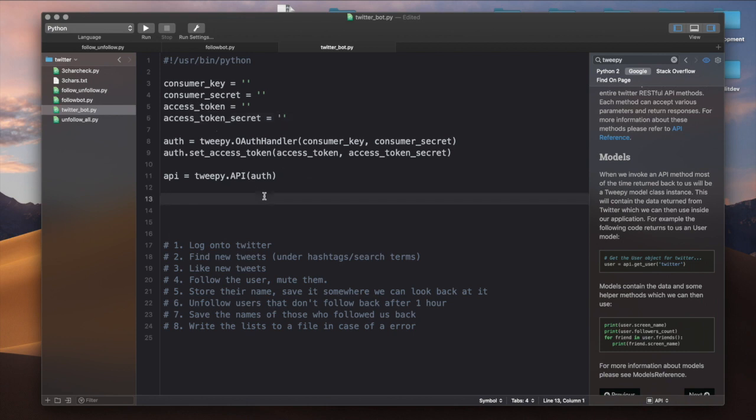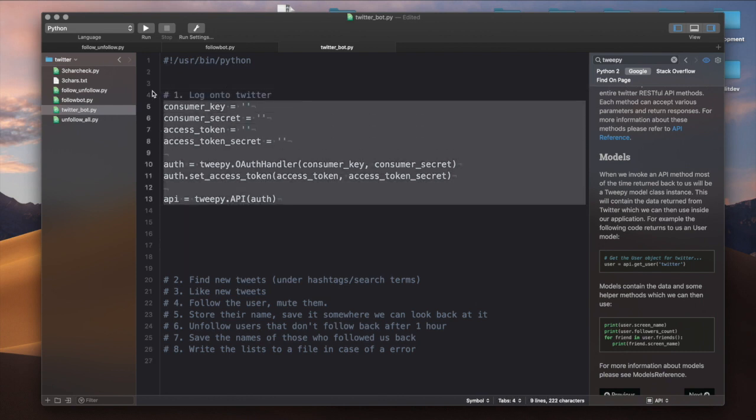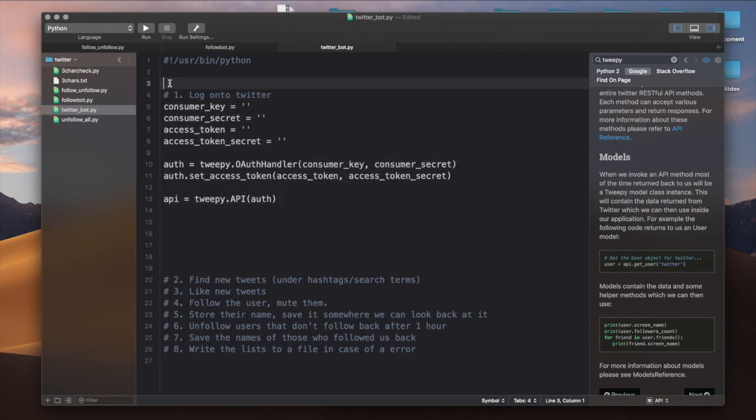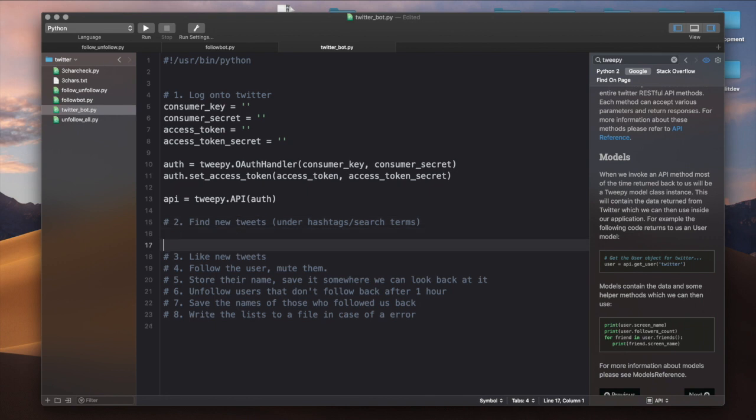So after this long tangent, what do we have? Basically, we have our whole setup for connecting into Twitter. So this is step 1, logging into Twitter. So this right here is basically where we log into Twitter. So step 2 is finding new tweets under hashtags and certain terms. So to do this,